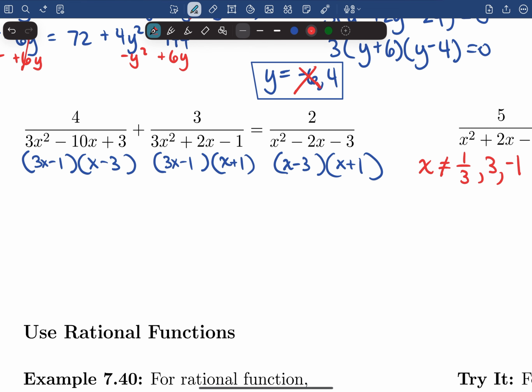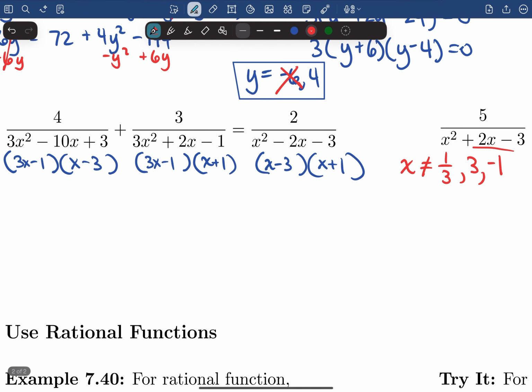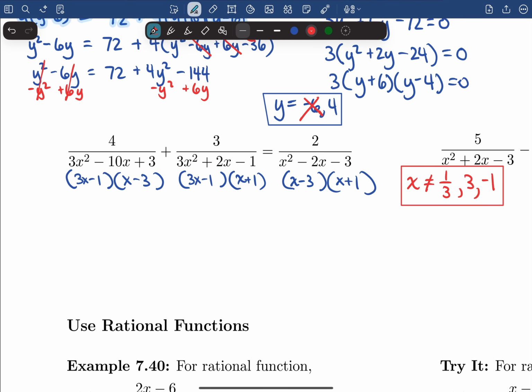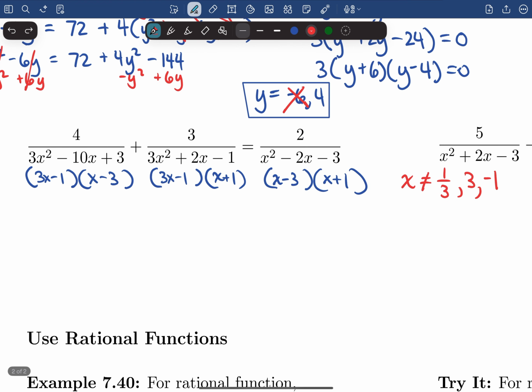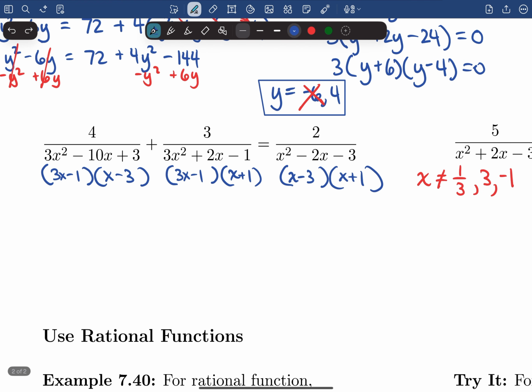And those same values repeat again. So these are the three things that x is not allowed to be. Okay? So that's just taking note at the beginning of the possible extraneous solutions that I might have. Okay, now that we have found the possible extraneous solutions, we can now multiply the entire equation